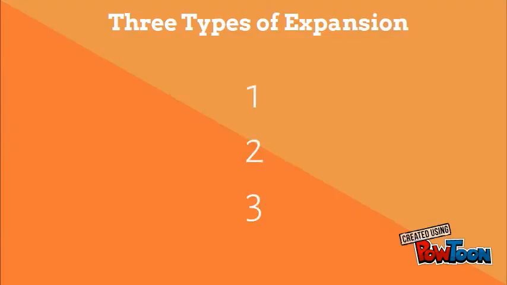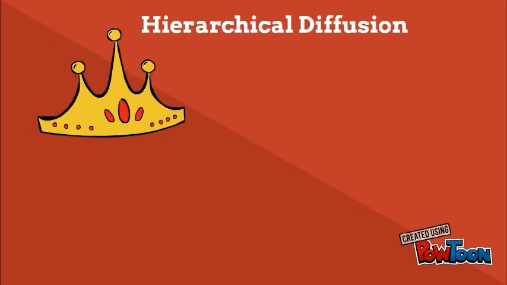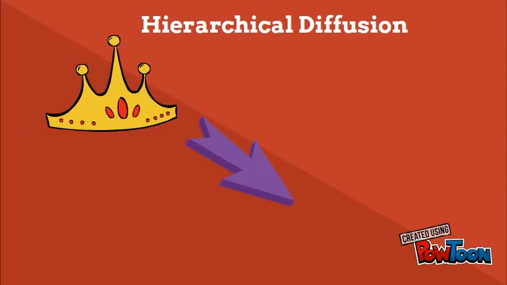Within expansion diffusion, there are 3 separate types of diffusion: hierarchical, stimulus, and contagious. Let's start with hierarchical diffusion. Hierarchical diffusion is the spread of a feature or trend from one key person of authority or power to other